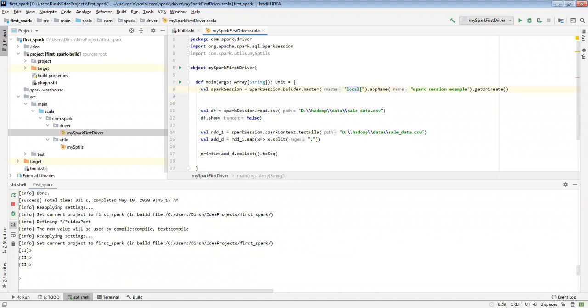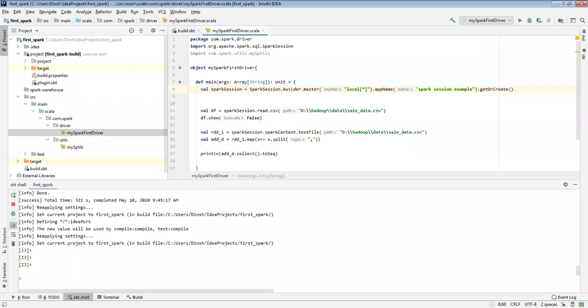What is the meaning of local? And local also comes with a star. Local means that in the Spark cluster we have different kinds of Spark engines. We have Spark supporting the Spark local engine, Spark supporting the Yarn engine, and there is one more repository as well. So mostly people use the local and the Yarn engine.